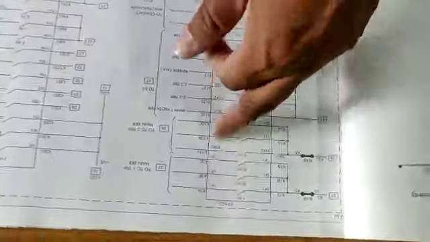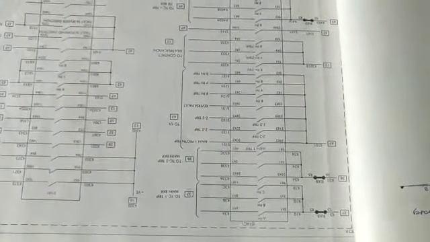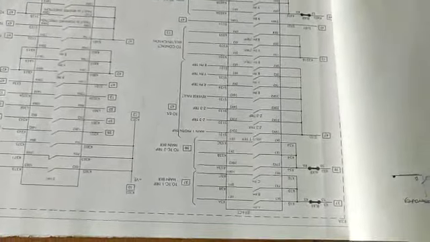So whenever there is a fault in R phase, only a single contact will operate, R phase will trip. If the fault is in Y phase, that contact will operate. If the fault is in B phase, that contact will operate, or if it is a phase to phase fault, all three contacts will make, and their DC will be extended to tripping of the circuit breaker.